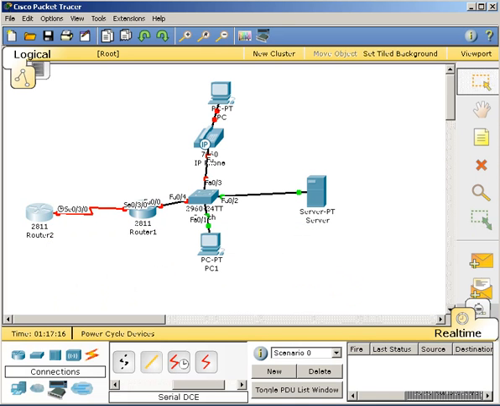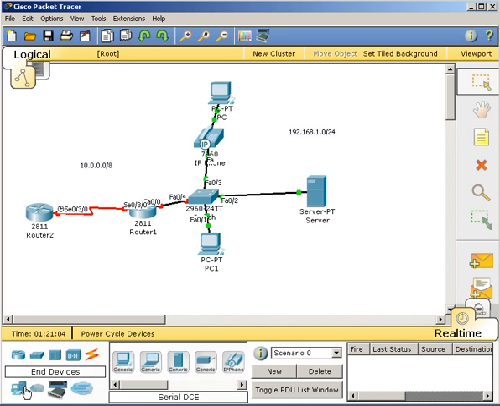The next thing I'd like to do, we see here we have our network. I have a 192.168.1.0/24. So that's one private IP addressing scheme. Let me just put another one here, 10.0.0.0/8. And then if we were to have a third subnet, for example, I could go back here and